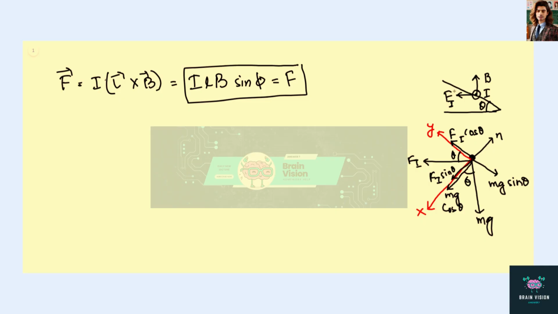Now, to produce a force in this direction, the current in the wire must be directed left, from right to left in the figure, with the problem in the textbook, or viewing the wire from its left hand end, the direction should be as shown over here. So this is the